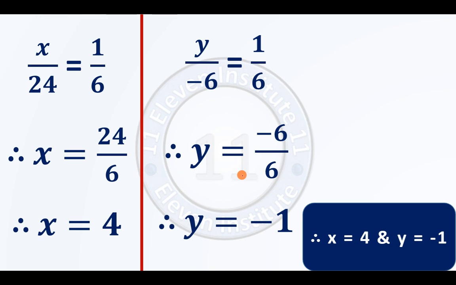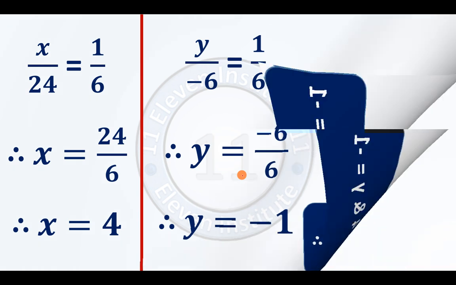So in exam, if they specify solve the following pair of equations by cross multiplication method, then you have to compulsorily do it by cross multiplication method only. Yeah, if it is written generally solve the pair of linear equations, then you can use any method. You can use substitution, elimination, or cross multiplication. That is your personal choice.